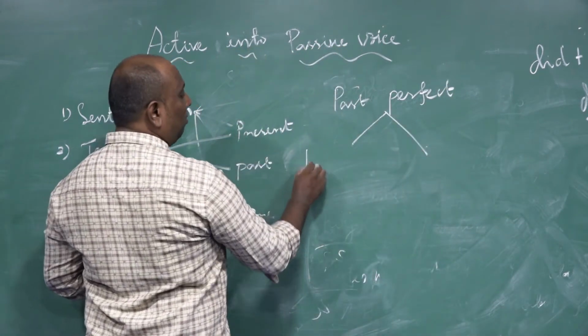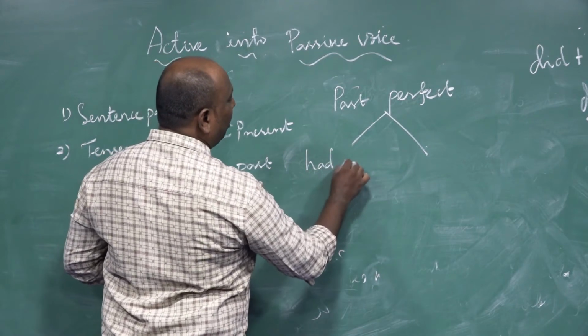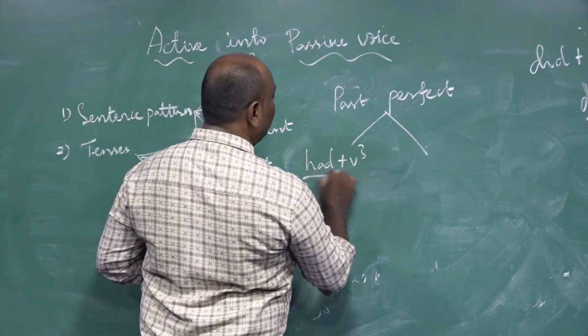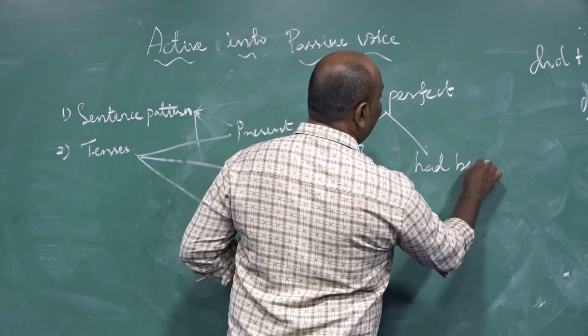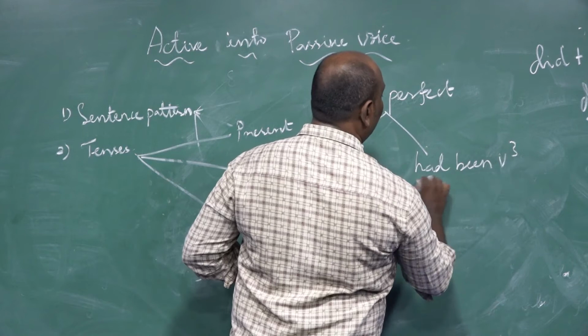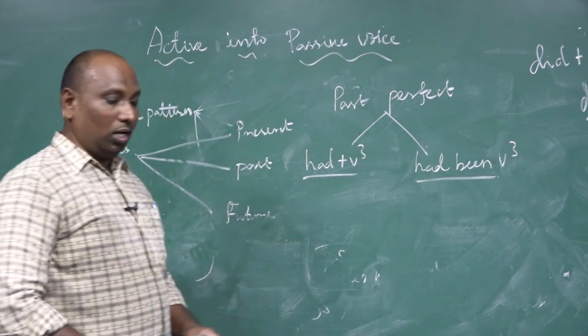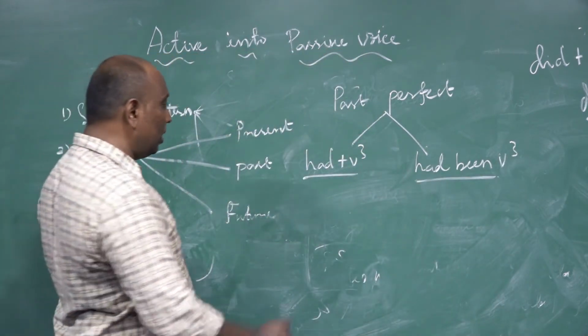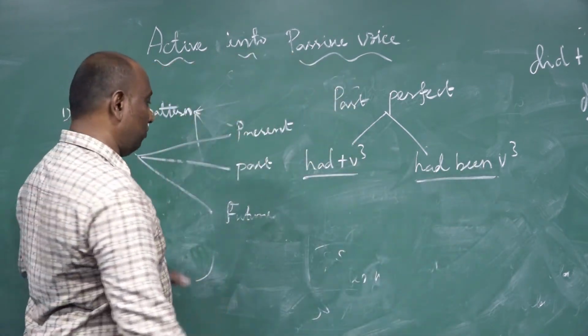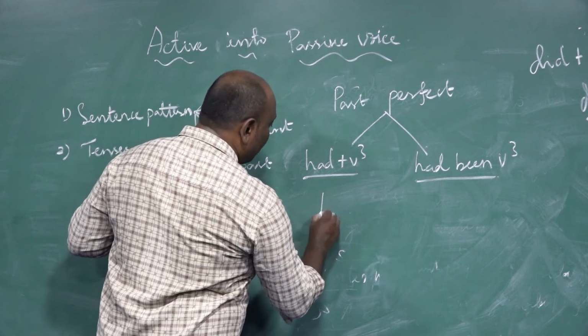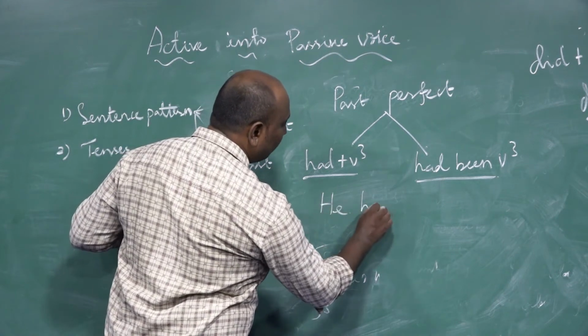For active past perfect, whether it's singular or plural, add had plus verb third form. For passive, we require had been plus verb third form, whether it is singular or plural. So whatever it is, we require had plus verb third form for active, and had been plus verb third form for passive. We have to write. Example: